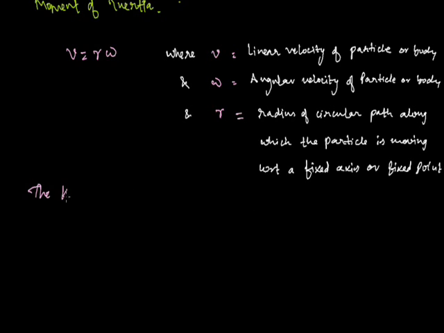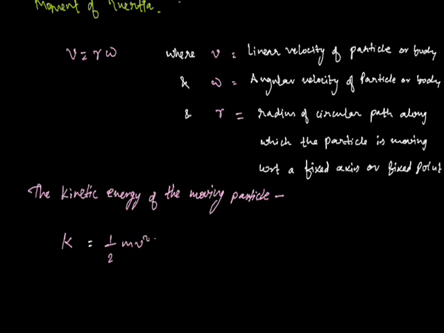The kinetic energy of the moving particle K equals to half mv square. Now, we are considering here that a particle is moving about a fixed axis. Now consider that a body is rotating about a fixed axis. In that case, all of the constituent particles of that body are moving around that fixed axis. It means the individual particles have their kinetic energies, their linear velocities, their angular velocities, and individual masses also. So in that case, for a system of particles, we can assign a relation for the kinetic energy